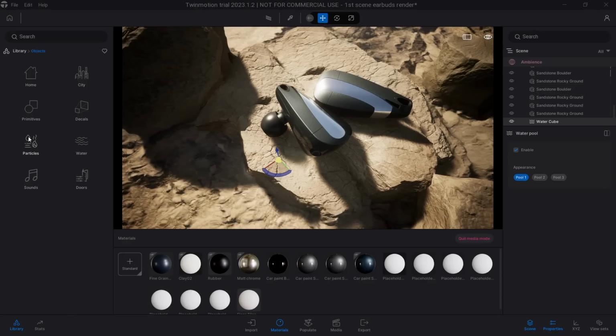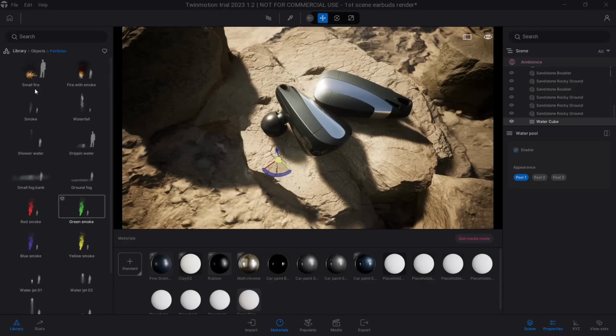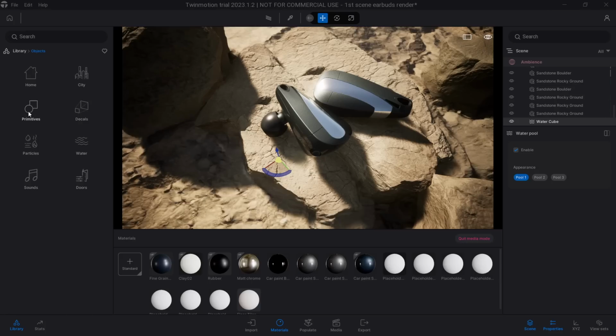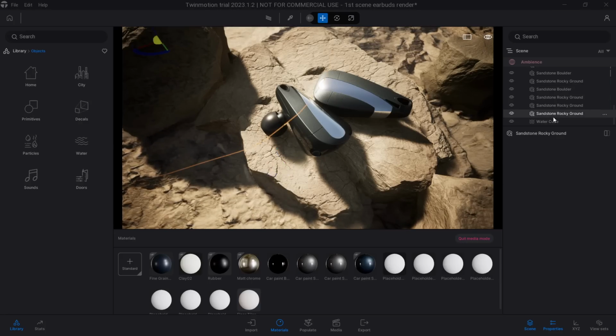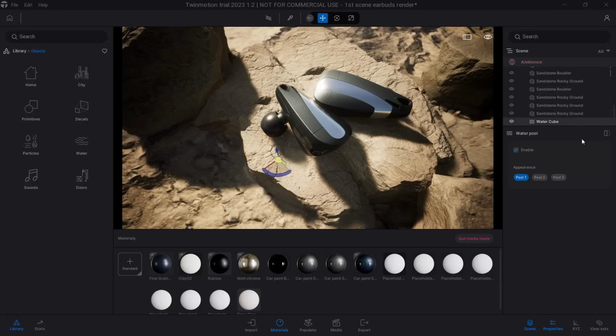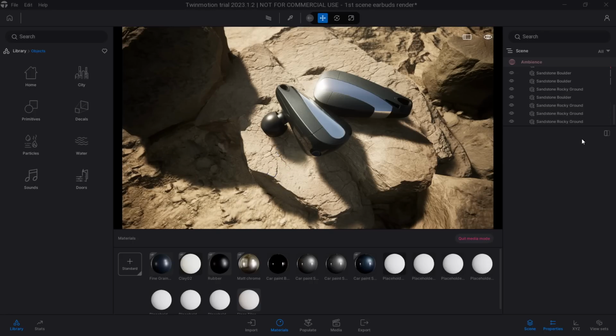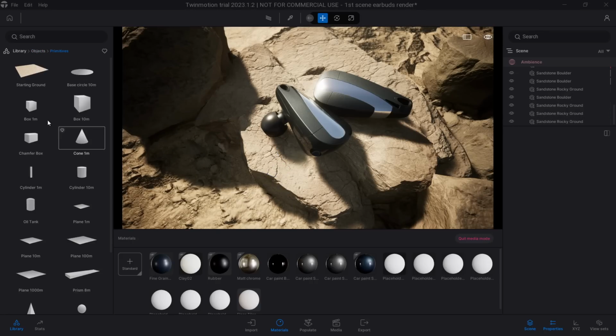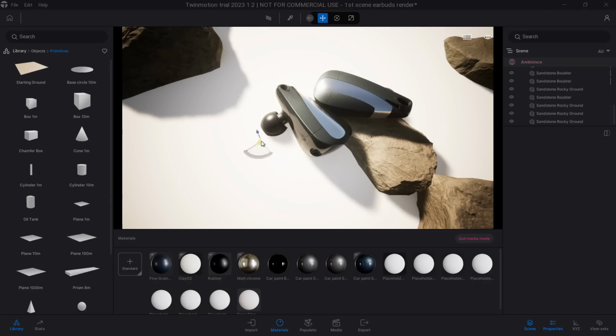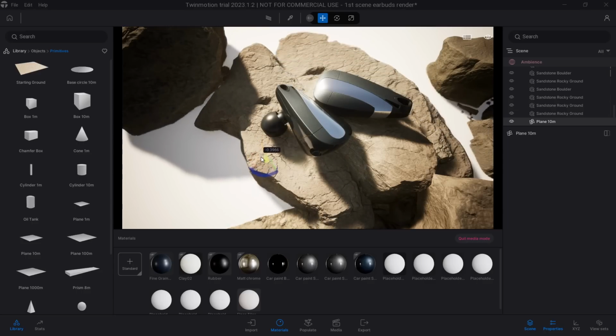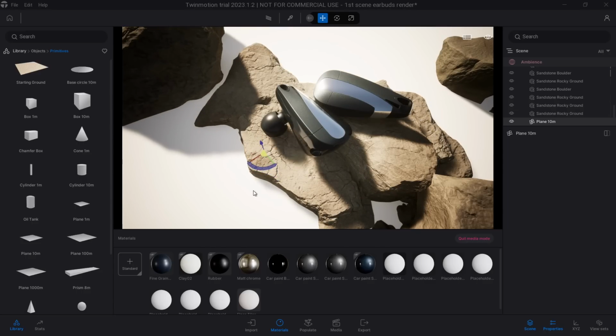Do we have any other waters around? No, we have some particles and stuff. Right, so I think it will work faster, instead of a water cube, to have just a plane. Plane 100 meters, plane 10 meters. 10 meters should be just fine. And just put some water on it